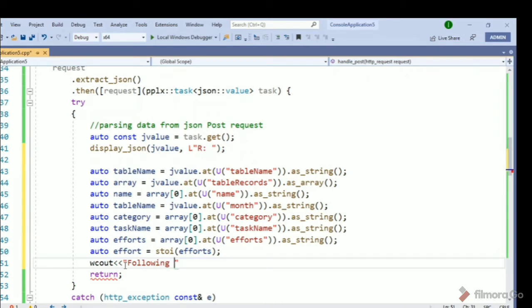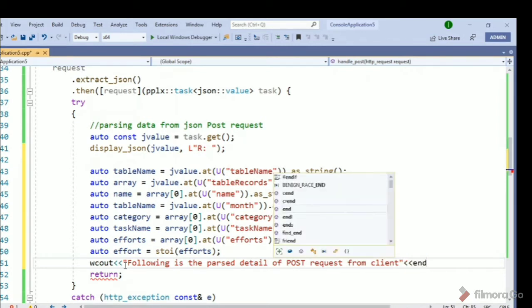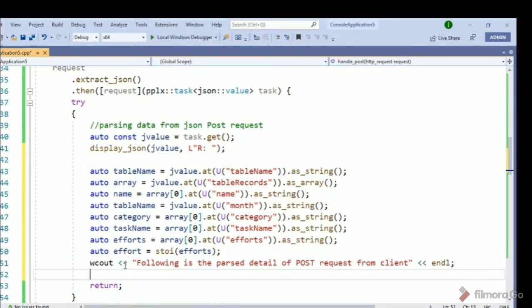So I will write: following is the parsed detail of post request from client. Okay, so I'll use handle for a new line.